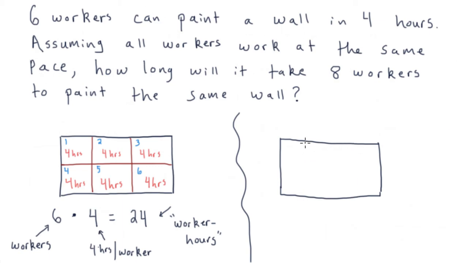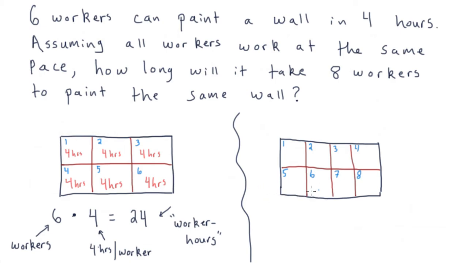Let me be consistent with colors. So we'll partition this wall into 8 equal parts, because we're going to have 1, 2, 3, 4, 5, 6, 7, 8